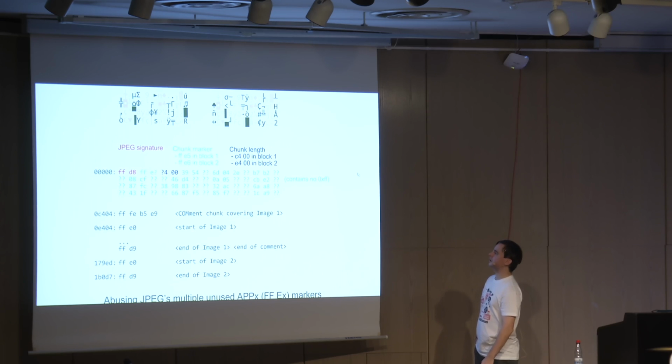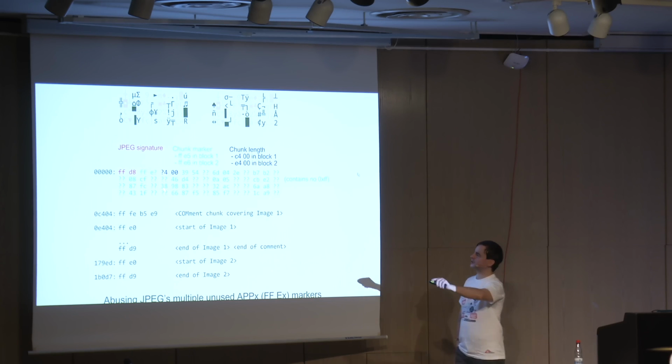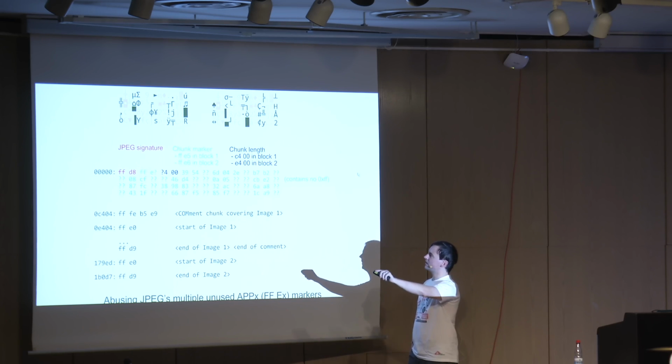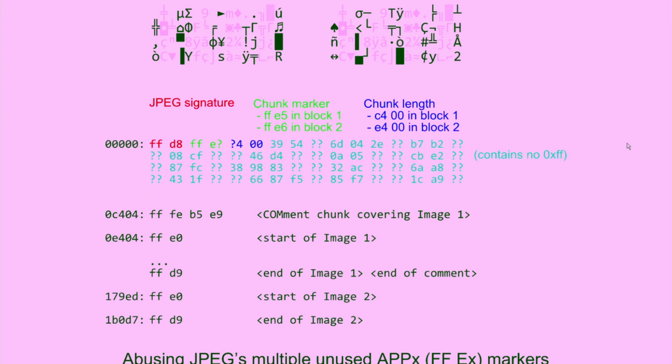And JPEG has the nice ability to have several markers. It has a very short signature, and then it has several markers, E0, E1, E2, and so on, that are all valid, and then we just abuse the length so that we can combine 2 pictures, and then the question marks, we don't control them. But at least we can put something at the end. The other good thing is that the length is not too long, it's just on a word, not a double word. So at the end of this length that was generated by the cluster, so we don't control, you can put back the start of the next image.